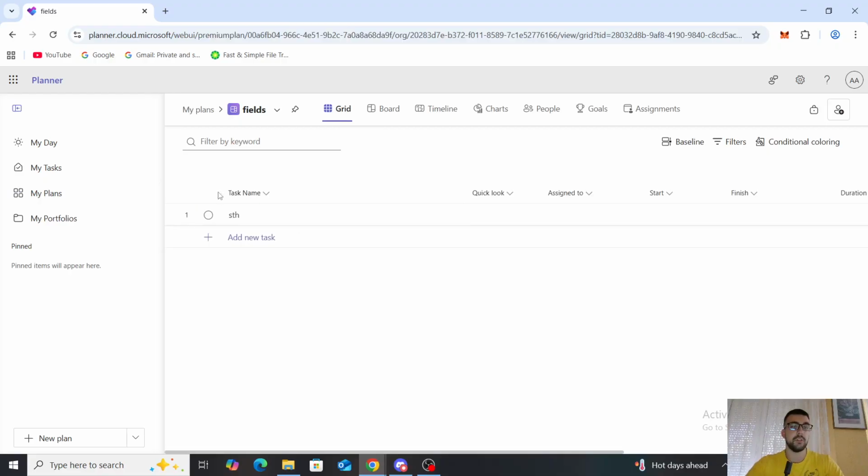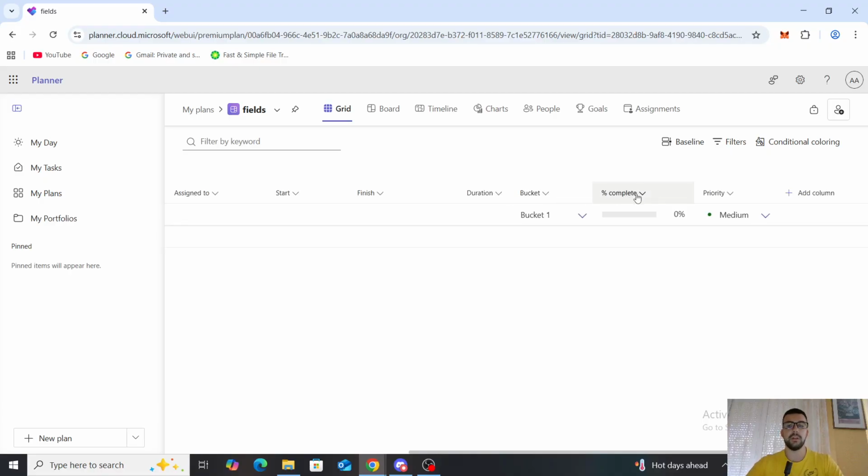And on there, you just need to add a task. So by adding a task in the grid view, again, you'll need to click on this icon right here and add a task. Once you've added a task, just name it something. And on there, let's swipe all the way to the right. And you will see some options like bucket, complete right here, priority, and you can see the option Add column